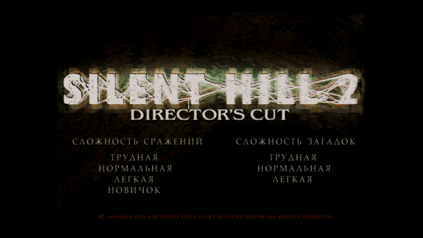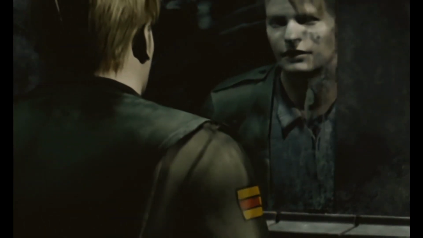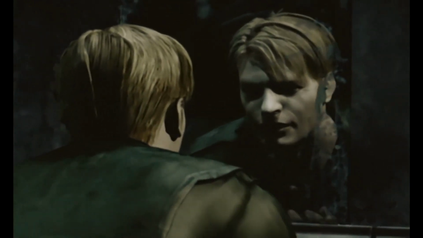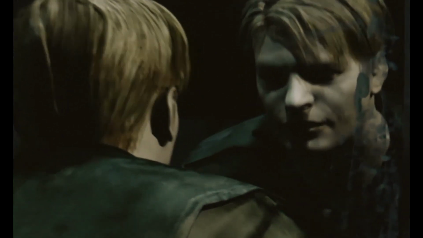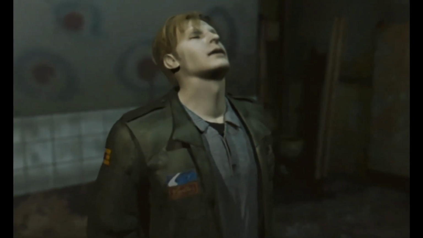This time the man visiting is James Sunderland. James is a man who has never recovered from the death of his wife Mary. Suddenly, he gets a letter from her stating that she is waiting for him in their special place in Silent Hill. James, looking for happiness, goes to Silent Hill out of desperation and hope that maybe somehow his wife is